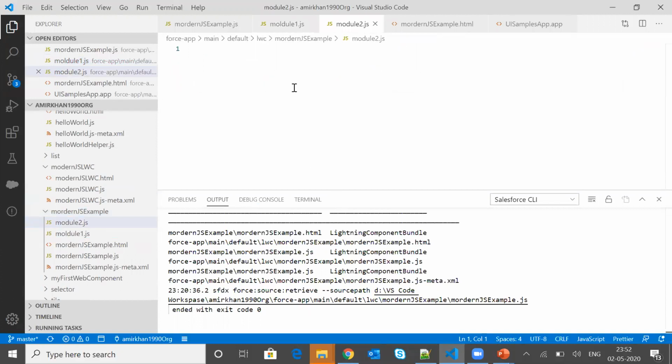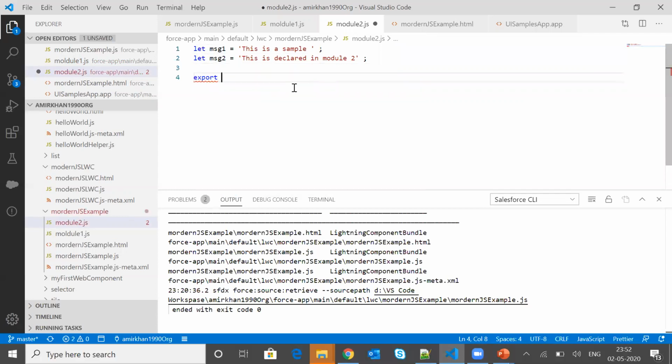In this particular module I will just be declaring two strings. Let msg1 is equal to "this is a sample", and let me declare one more string called msg2 is equal to "this is declared in module 2".